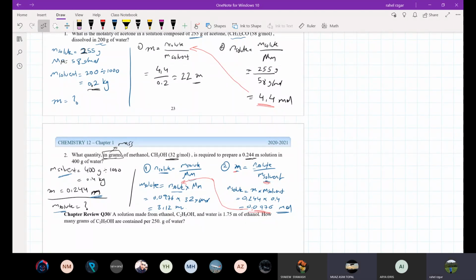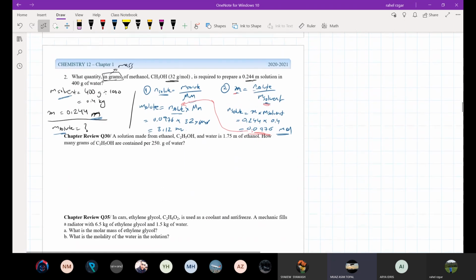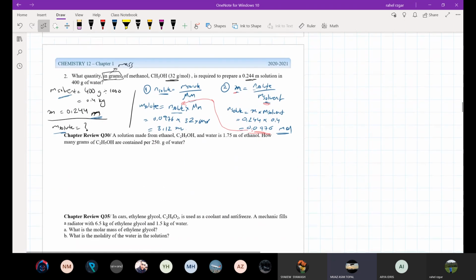Sir? Yes. In the next question, chapter review, question 30. The gram of the ethanol isn't given, so we need to calculate ourselves, like atomic mass by atomic mass. So molar mass, you have to calculate. You don't have to memorize. You have to calculate by yourselves. It will be given in the ministry exam question. Probably, or most probably, it will be given directly, but here in this type of questions